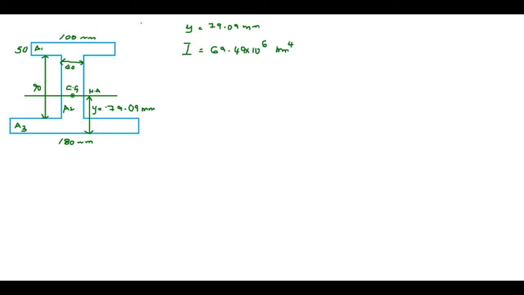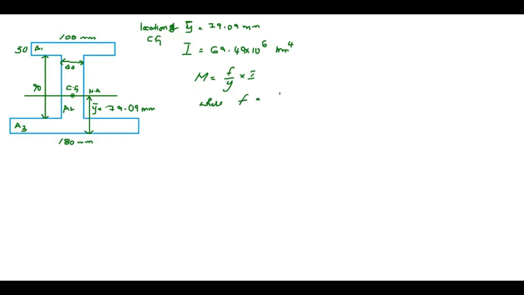Okay, so now y and I, these are the values. This is the location of the CG. We can represent it with y bar. Better not to confuse this, so let us denote that with y bar. So now the equation we have is M by I equals f by y, so M is equal to f by y into I, where